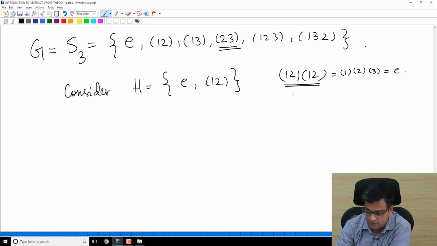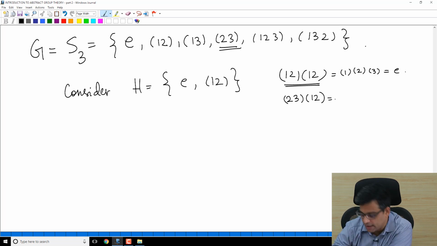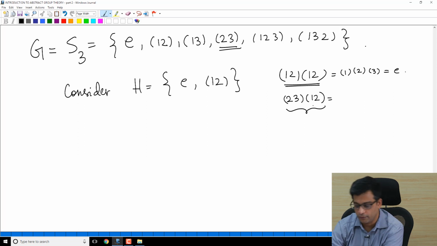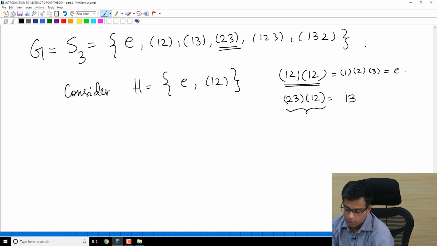Just as practice, we will do this as part of writing cosets. What would be (2 3) times (1 2)? As I said, you start on the right hand side element and work from there. Under the product, where does 1 go? You ask yourself, where does 1 go under the first element? 1 goes to 2 under the first element, but 2 goes to 3 under the second element. So in the product, 1 goes to 3. So you have (1 3) in the product.